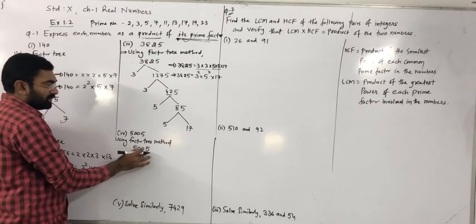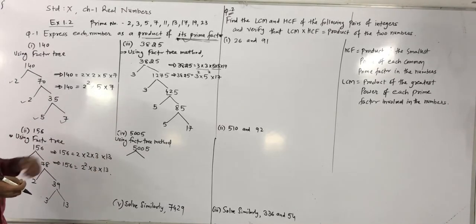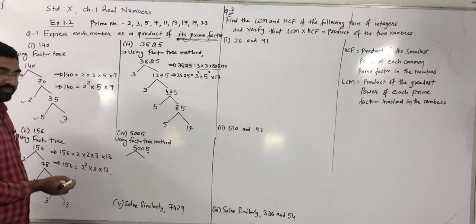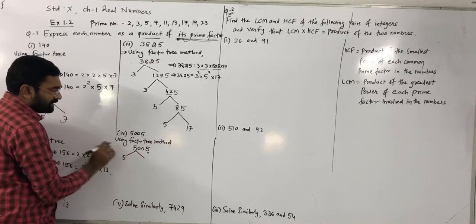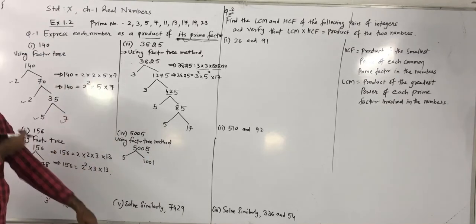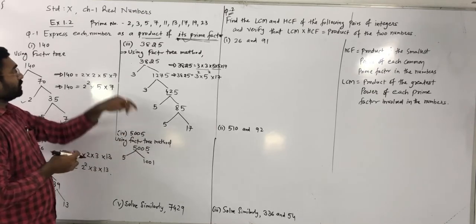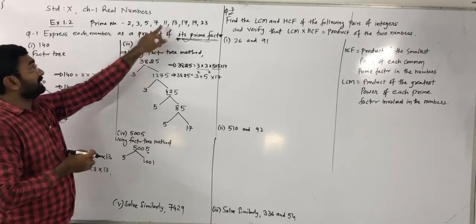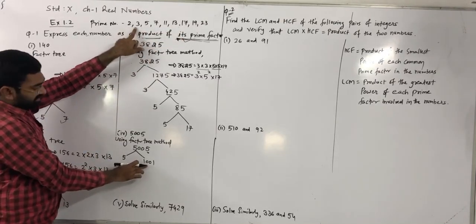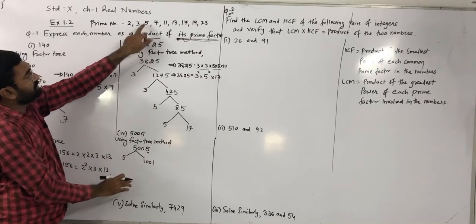So as I told you, if you add all these digits, we get 10. 10 is not divisible by 3, so it's not a factor. 3 is not a factor of 5005. But the last digit is 5, so it is divisible by 5. Right? If 5005 is divided by 5, then you get 1001. Okay. Then after, if you again divide 1001 by any prime number, you have to observe here. Here I have already written all the prime numbers. So 2 is not possible, right? 3 divisible is not possible. 1001 is not divisible by 5.